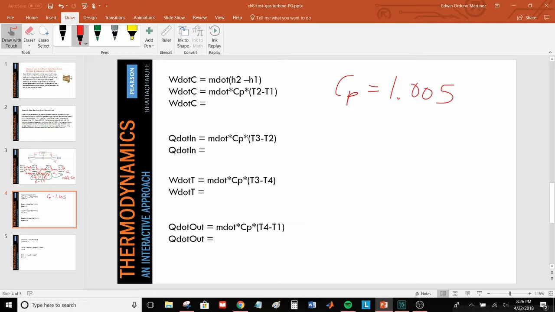When we plug in our numbers, compressor power is 1443.6 kilowatts. The heat added is, once again, mass flow rate times specific heat times the change in temperature, which gives us